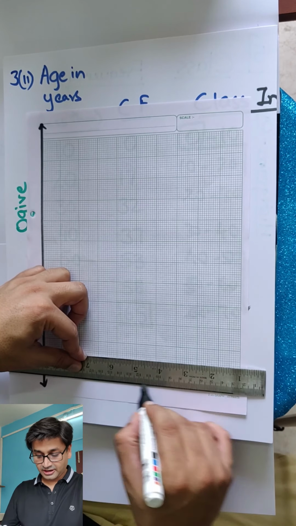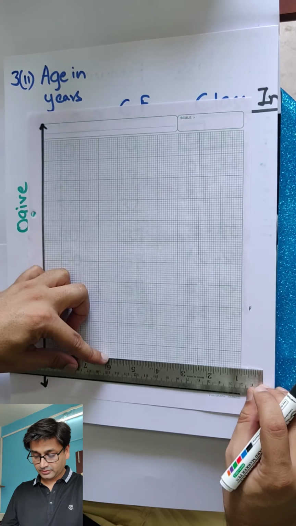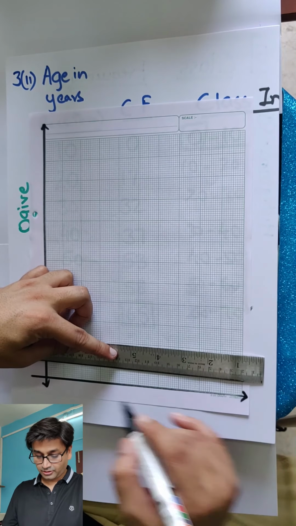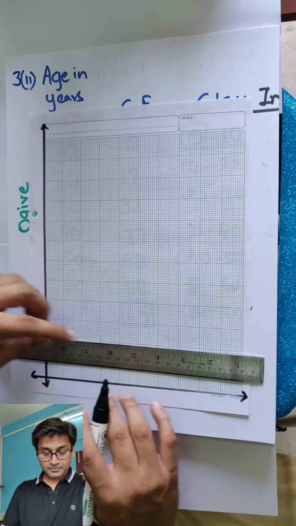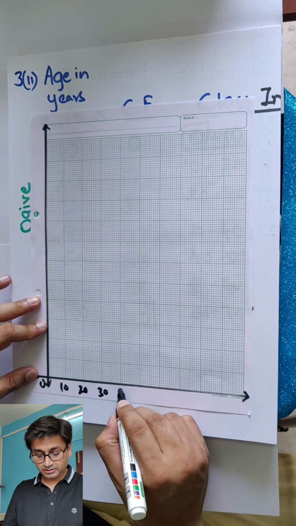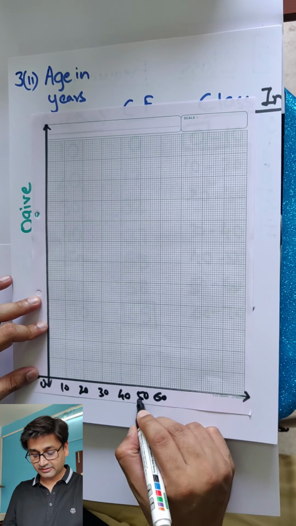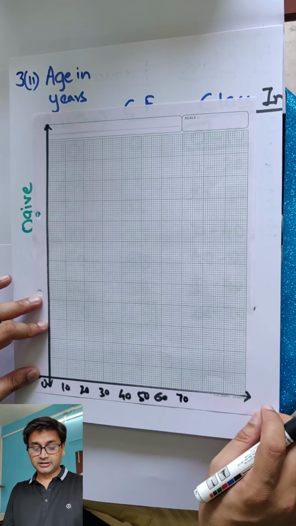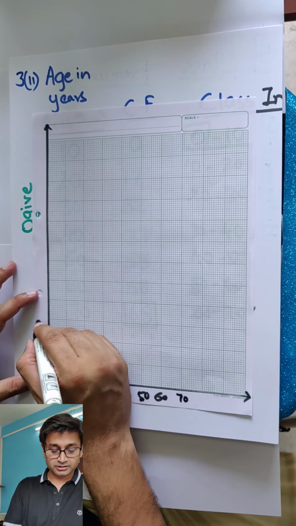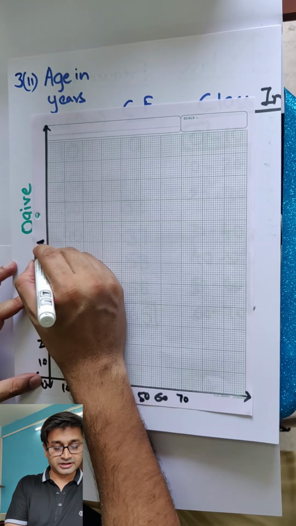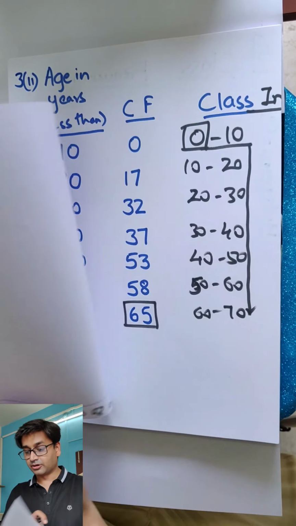Come on, everyone. Alright, so x-axis, y-axis. So that's my x and y being drawn. Oops, where is y? Disappeared. So x and y being drawn. Let's calibrate it. So on the x-axis the values are 0, 10, 20, 30, 40, 50, 60 and 70 I guess. So we got to go till 70. And calibration we said is 10, 20, 30, 40, 50, 60 and 70 I guess, because maximum was 65, correct?